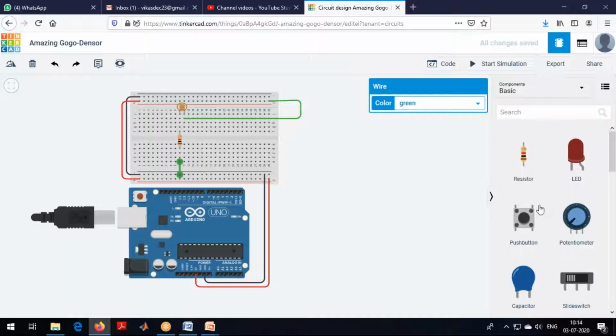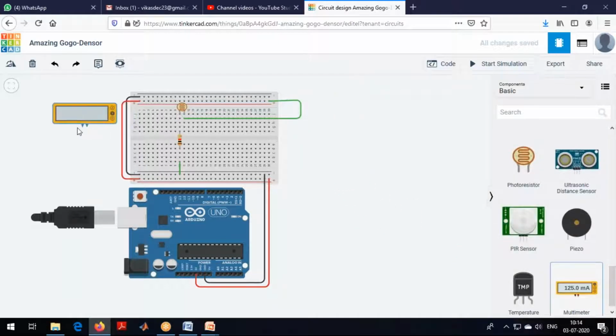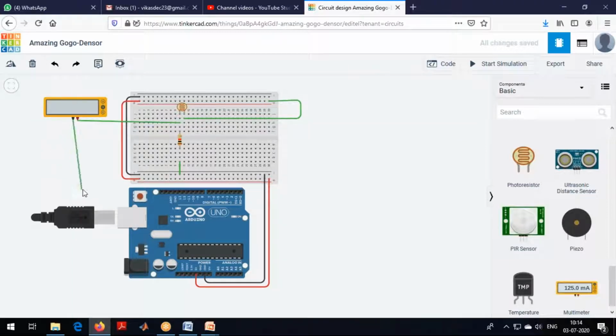Okay, let me take a multimeter and connect to this end, and ground I'll connect here.